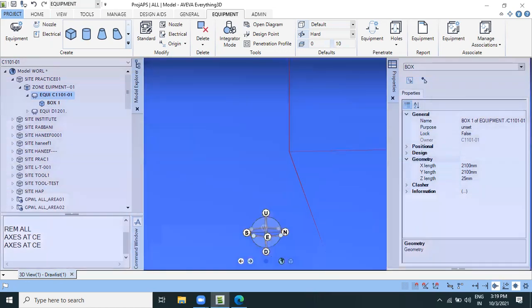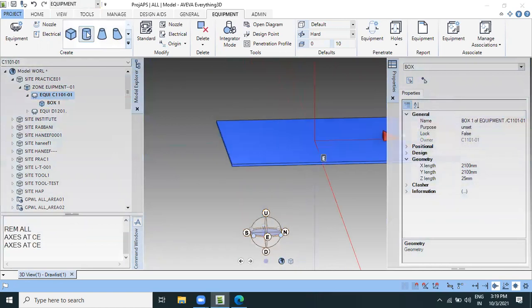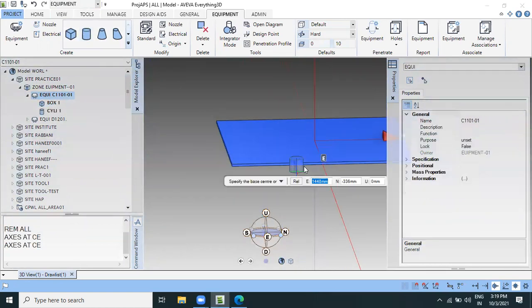Okay, then again being on the equipment, go to the cylinder. We will create one cylinder here, so let's cross check the size of the cylinder.